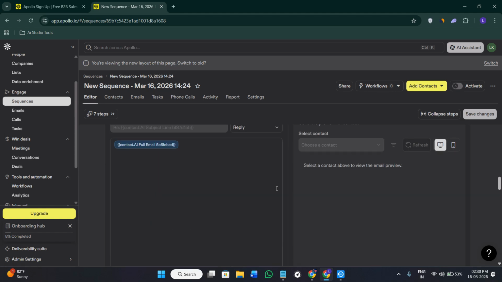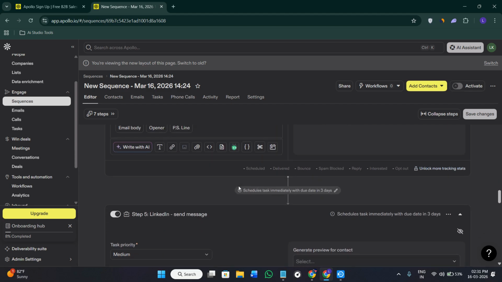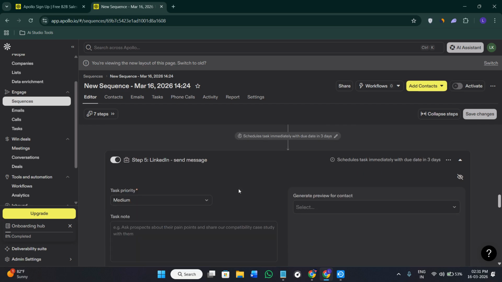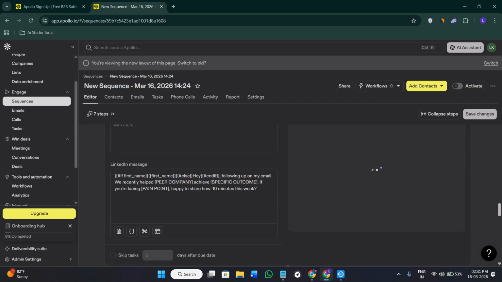On day 1, you are going to send the intro email. Then on day 2, you are going to send the LinkedIn connection request. Then on day 3, you can send the follow-up emails. Afterwards, on day 5, you can call the prospect. And on day 7, you can send them the final email. So adding multiple channels increases your chances of getting a response because the prospects see your name across the different